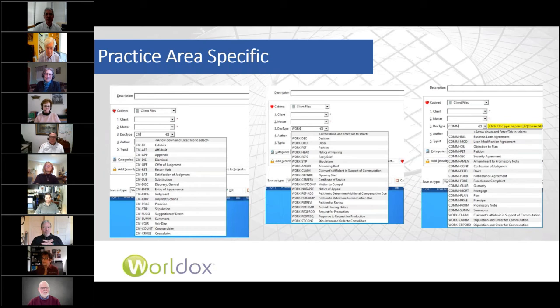So one of the things that I've noticed in years of working with Worldox and some of the firms with several distinct areas of practice is that the different practice areas use different types of documents. So you have two choices. You have a large DocType list that includes everything for all areas of practice, or you can have, in the